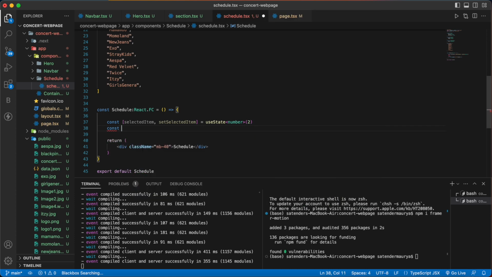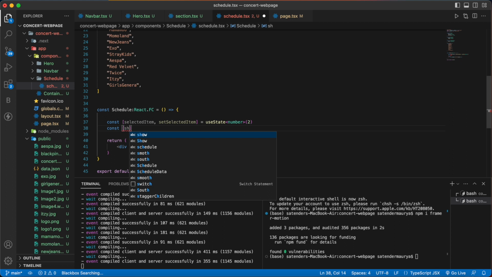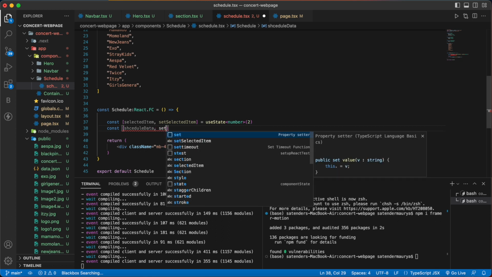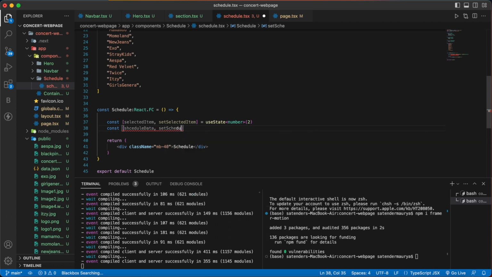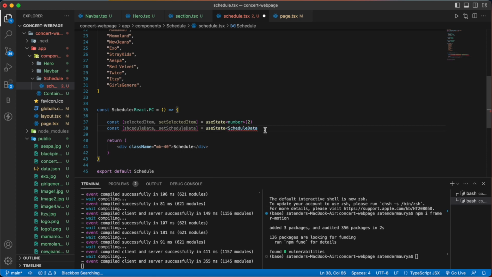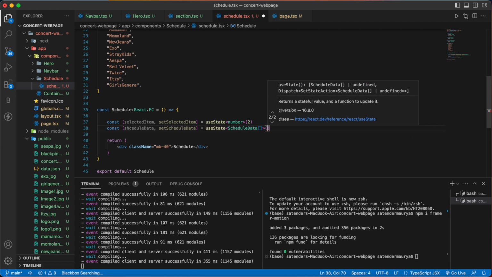Now again for the second state we are going to write scheduleData, setScheduleData, useState, and this will be a type of ScheduleData array, and then it will have a default